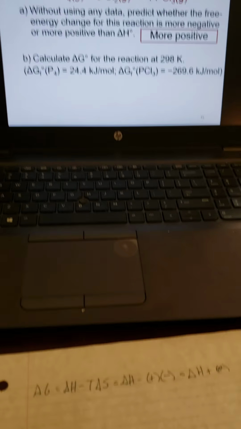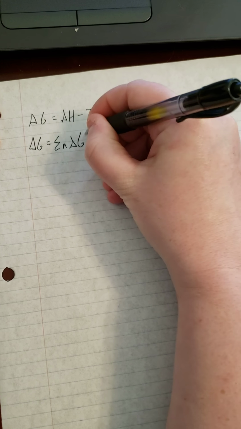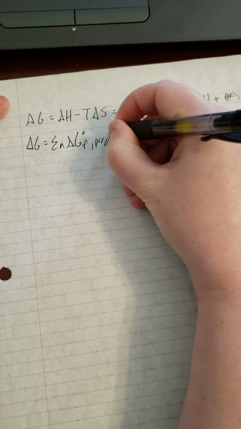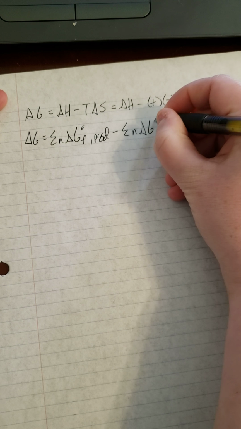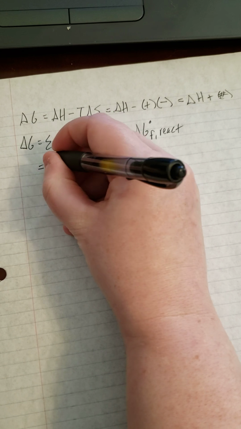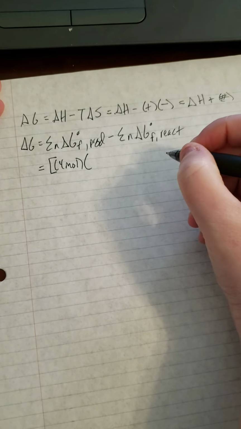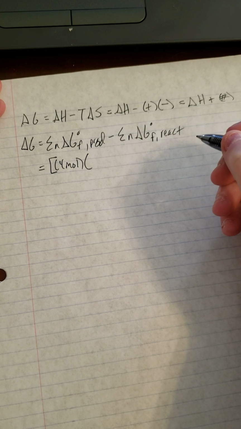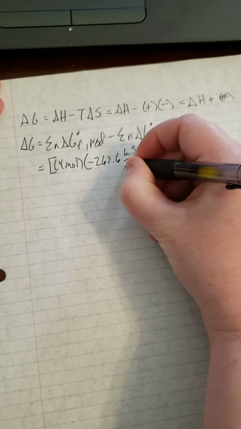So then, if we go back to our handy dandy piece of paper here, delta G is equal to the sum of the Gibbs free energy of formation of the products times their coefficients minus the sum of the Gibbs free energy of formation of the reactants times their coefficients. Okay? In this case, we have our one product, and we have 4 moles of it. So 4 moles times the Gibbs free energy of formation of PCl3, which is negative 269.6 kilojoules per mole,